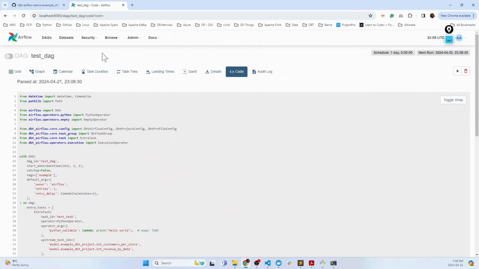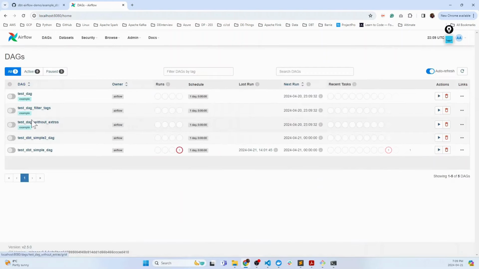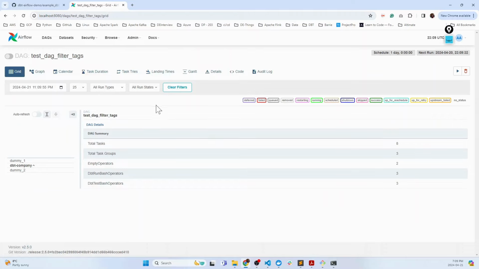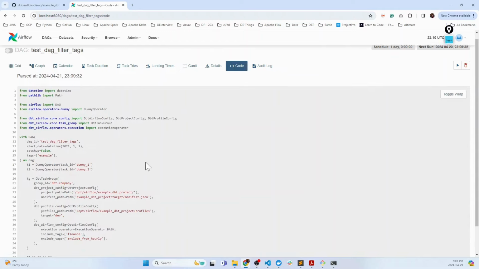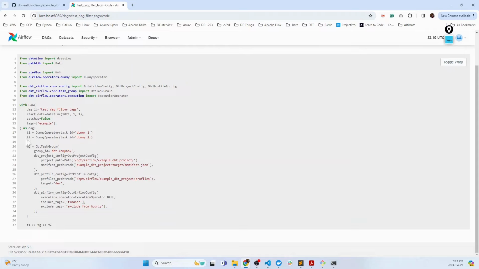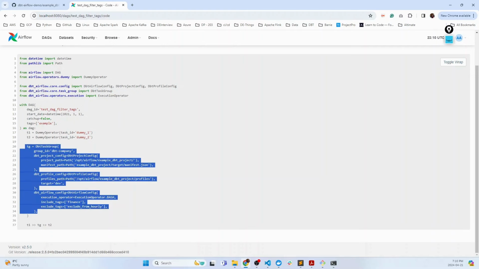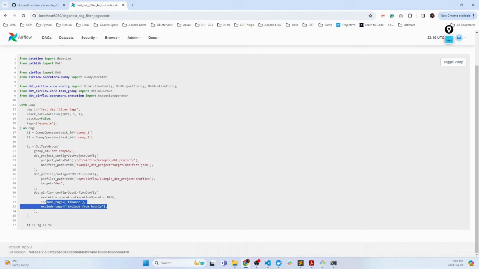Finally, the last feature I want to talk about is the filters. Everything remains the same as we have in the regular code. Here we are passing all the configurations. The only thing that changes is that it has two tags, include tags and exclude tags. So here, basically, what that means is